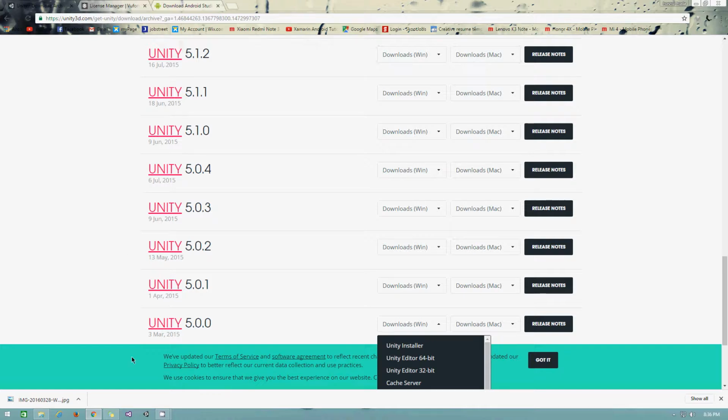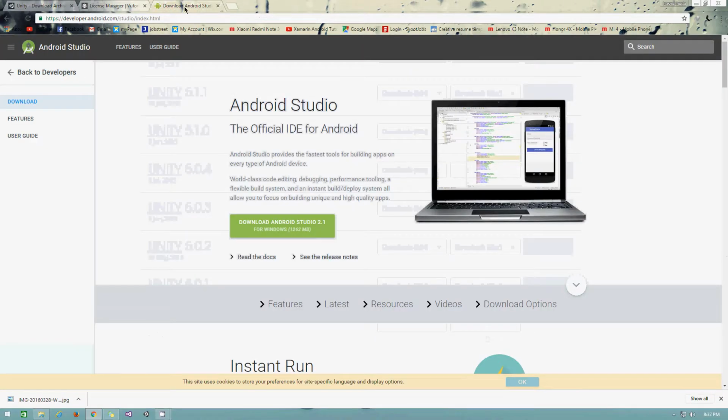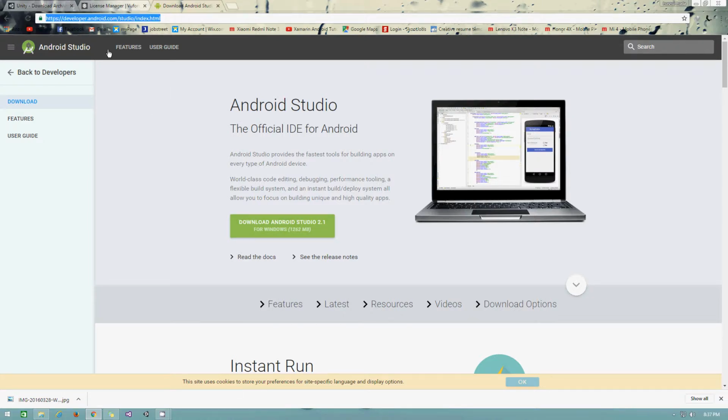And after you've installed Unity, you need to download the Android Studio. This is for the SDK. Just go to the Android Studio official website. You can search it by typing Android Studio and just download the latest version for Windows. And after you download it, just install the Android Studio, follow all the steps needed, just install all the plugins needed,